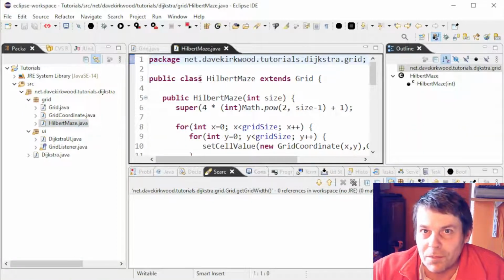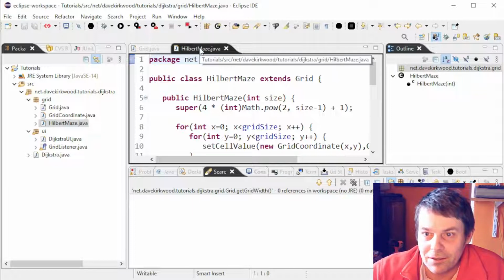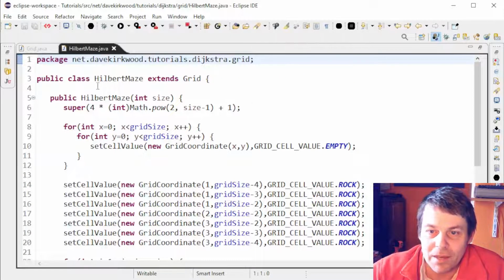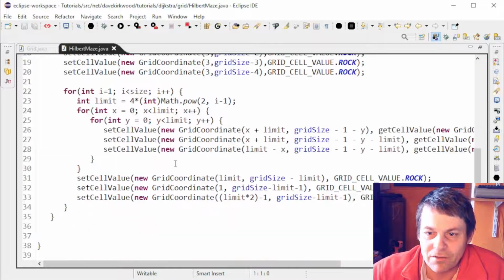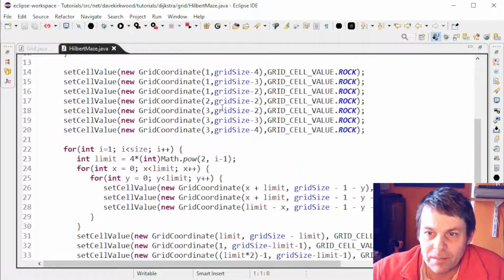This is not my submission to that Codility exercise. This is just a video about Dijkstra, but here is a Hilbert Maze. So I've extended grid, and in this I'm calling set cell values, and this is actually an implementation of the